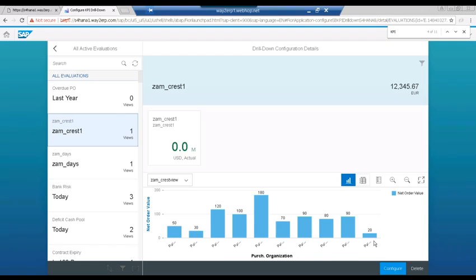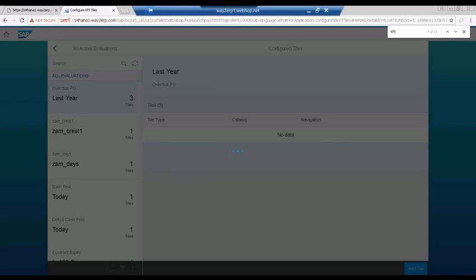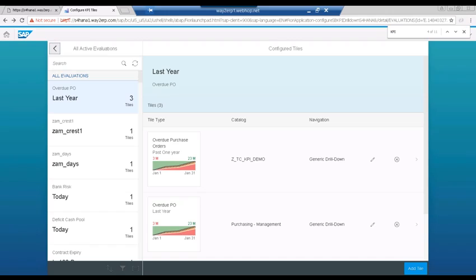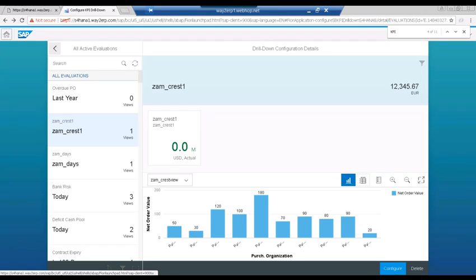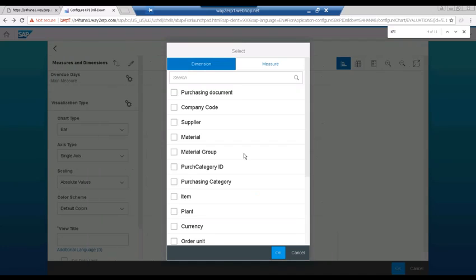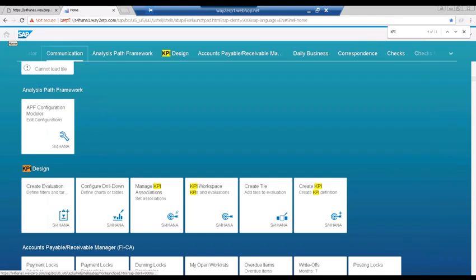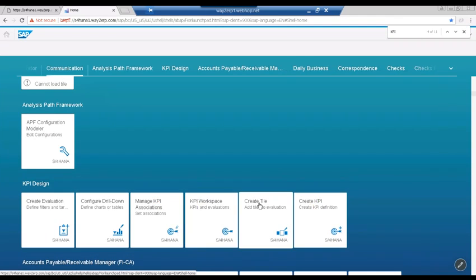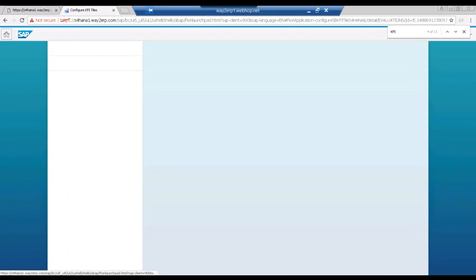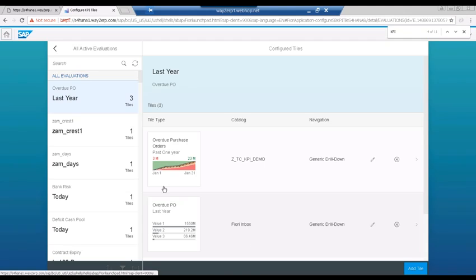Okay, let me create one more. How can I create one more? From the beginning, I would like to create one because it typically asks the CDS view name. I wanted to also show you guys where it is asking the CDS view name. So let me just go back to the home page, create a tile once again, add a tile,